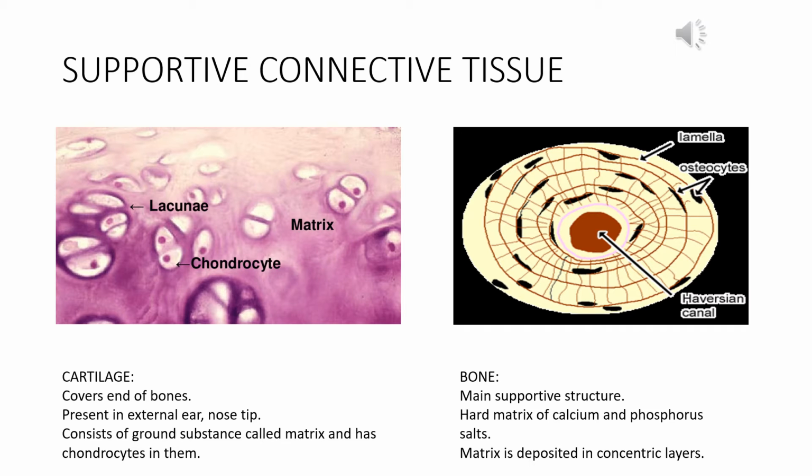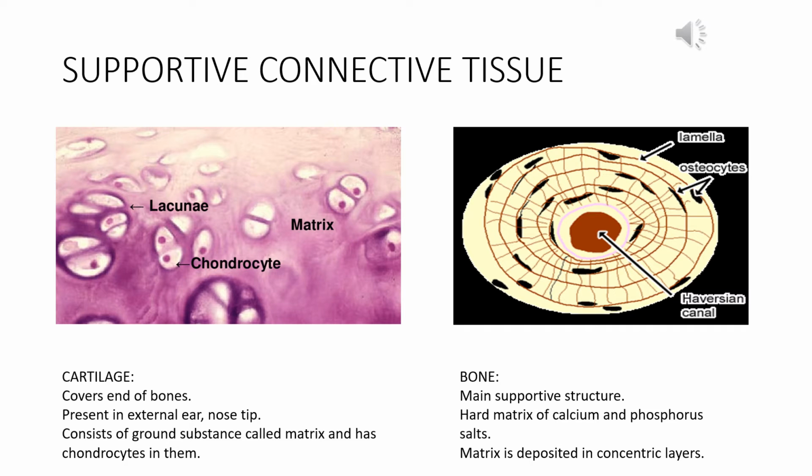It consists of a ground substance or a filler substance that is called the matrix. In the left hand side picture, the purple blue colored portion is called the matrix. And inside the matrix there are small pockets. Into the small pockets there are some cells. The small pockets are called the lacuna. And inside the lacuna there are small cells with a prominent nucleus that we can also see in the picture. These cells with the prominent nucleus are known as chondrocytes.